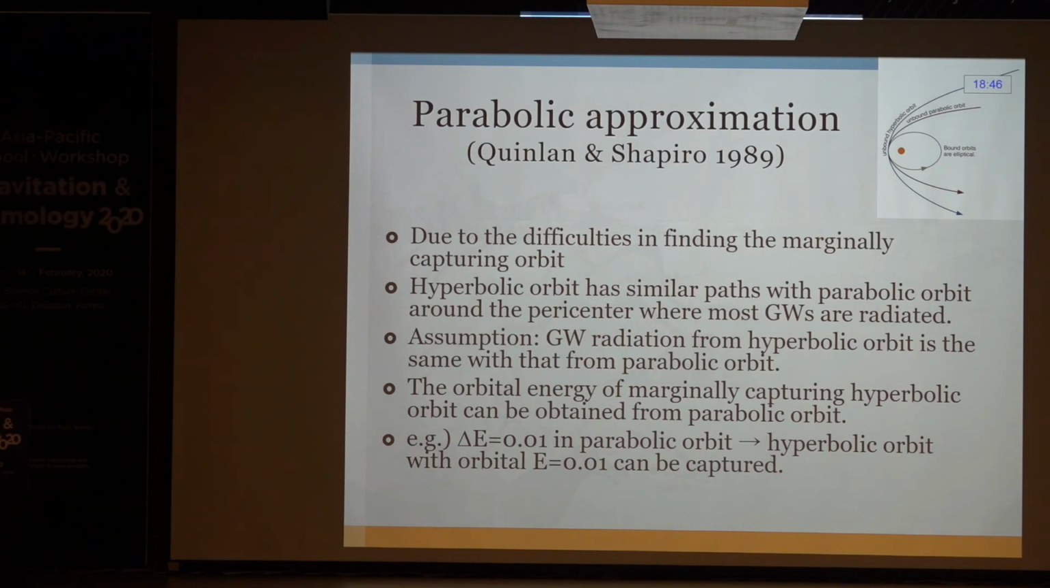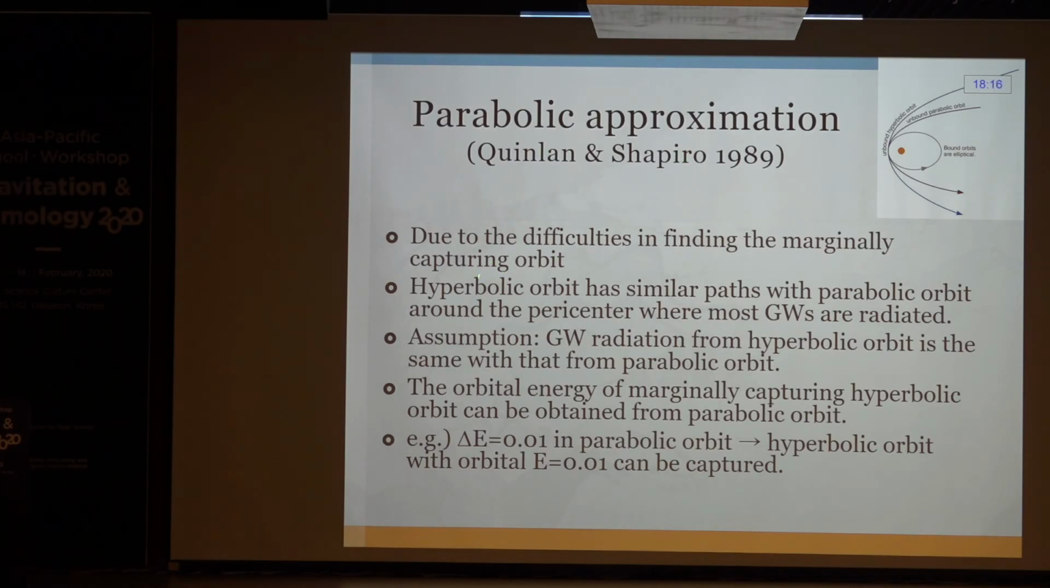Let's see the gravitational radiation capture. For the study of gravitational radiation capture, many people use the parabolic approximation. We want to find the marginally capturing hyperbolic orbit, but it's hard to get the initial conditions of the marginally capturing hyperbolic orbit because we don't know how much energy will be radiated beforehand. So,